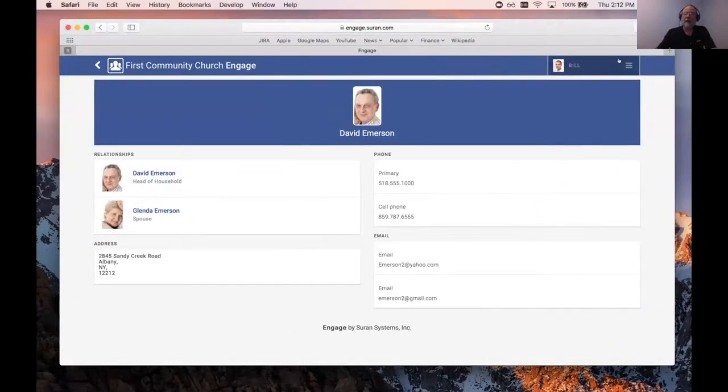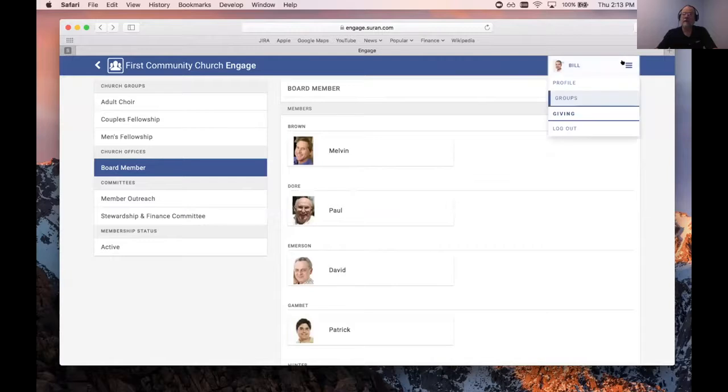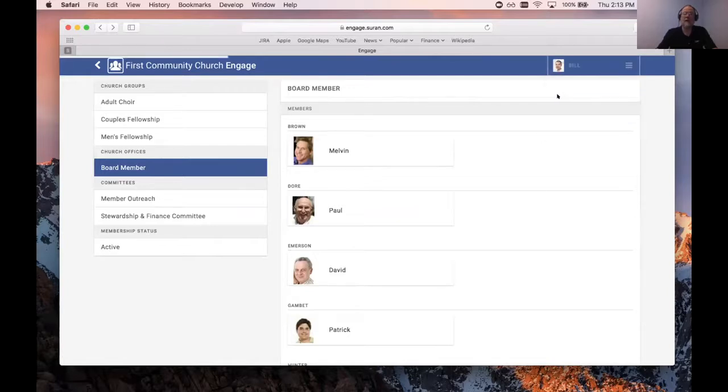Up in the upper right-hand corner is where the menu icon is. In the upper left-hand corner is an arrow icon that I can use to go back to where I last was. So I'm back to that board member list. On the menu icon is where I can then go to the other parts of Engage. I could go to Giving at this point. But here in the member directory, I have access to groups. So if I tap or click on that,